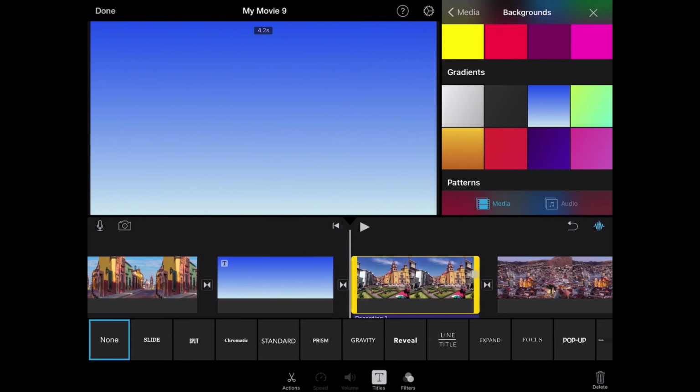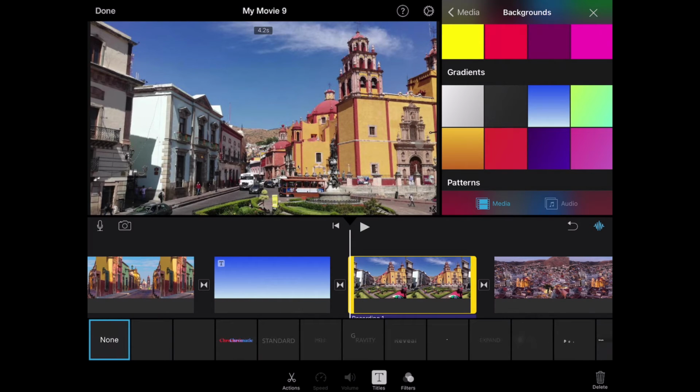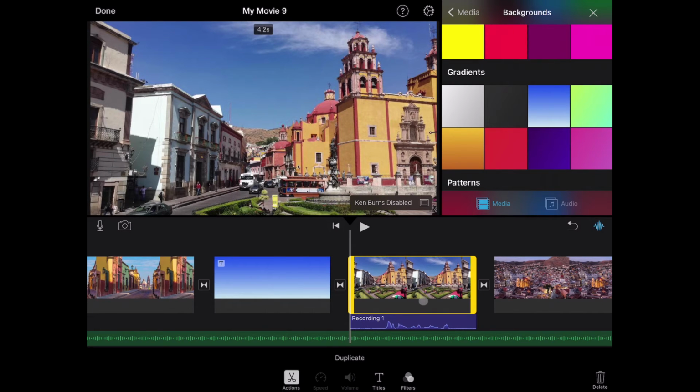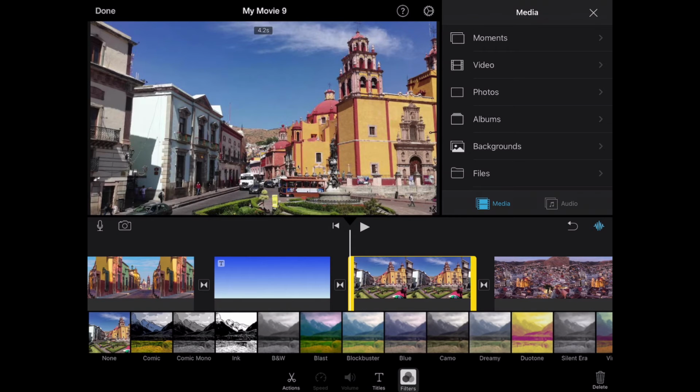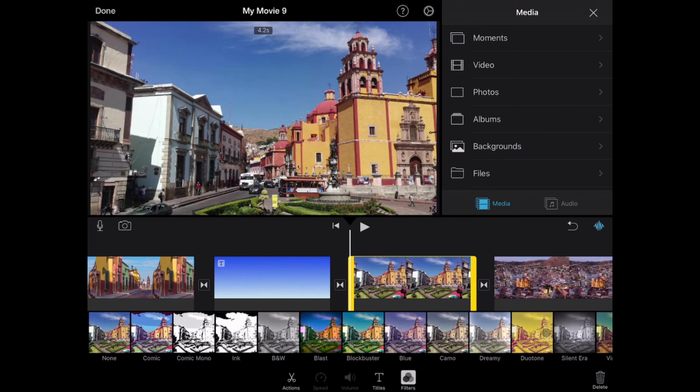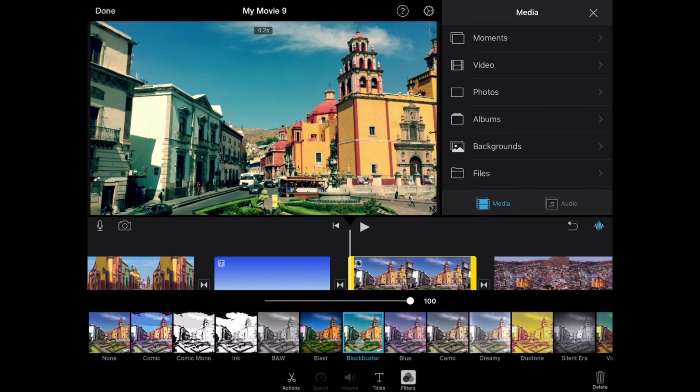The other thing I can do is they have added the ability to control some of the filters or effects that you would add to a clip. So if I were to click on a clip and tap filters, I get a whole bunch of different filters and stuff to choose from. But now if I choose one of these filters, I get a slide bar here that allows me to adjust the strength of that filter. So I can give it just a hint instead of having it be the full filter every single time,